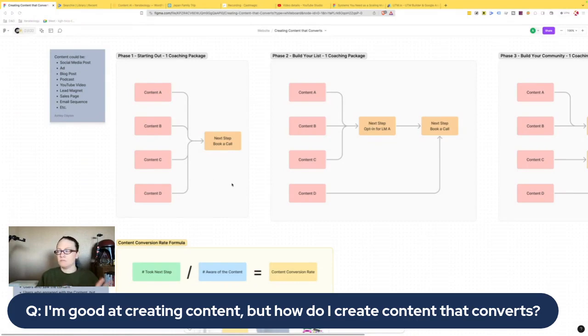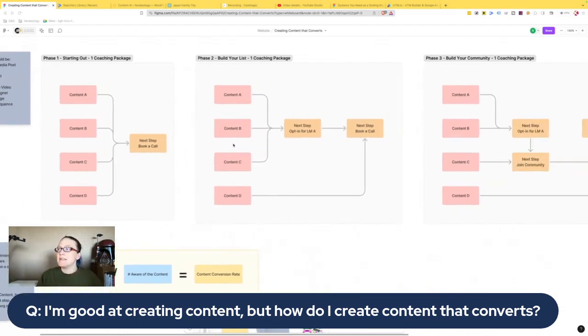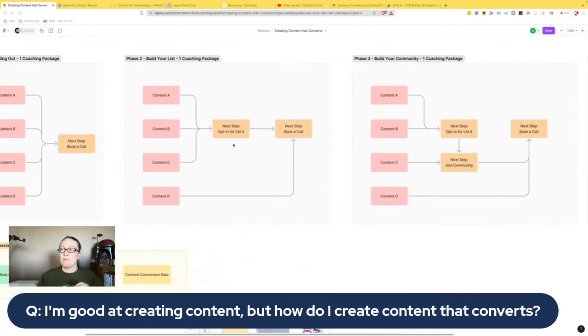So basically, everything, just book a call. And you can do this purely through social if you want. I don't recommend always staying there, but if you're starting out, your main goal is cash flow. So social plus booking a call, you're golden. The second phase is kind of building your list.